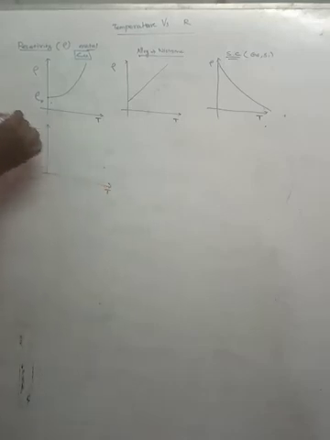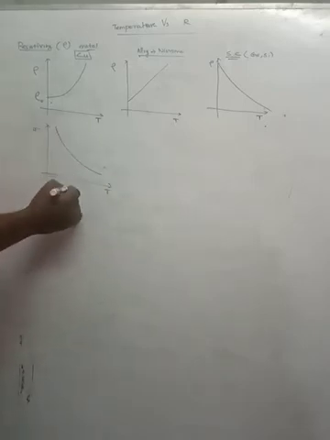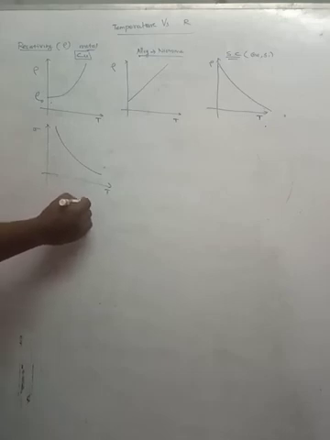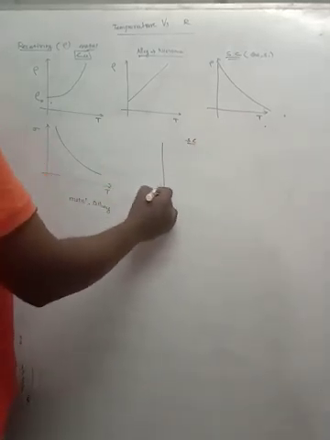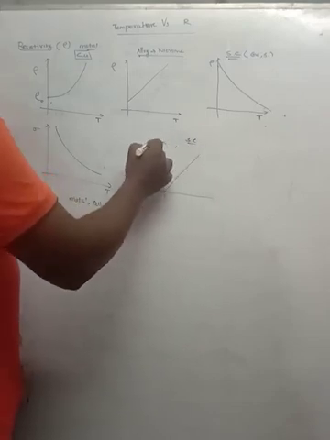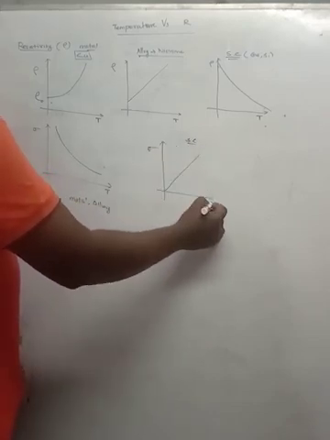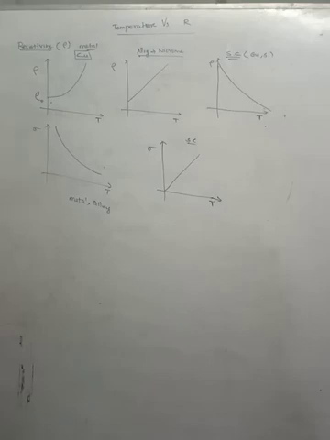But they will ask in the board examination about the temperature and conductivity graph. So you have to take just the reciprocal for metals and alloys. It's an inversely proportional graph, but for a semiconductor, it's directly proportional. That means as the temperature increases, conductivity increases. But here, as the temperature increases, conductivity decreases. Understood? These are all about the resistivity.